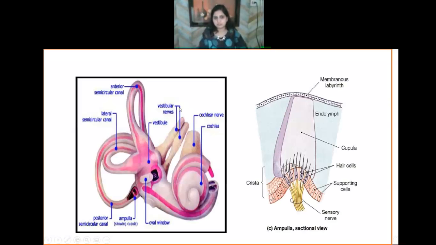This is just to make you aware of the canals. They are arranged at angles together to measure all the angular head movements. The utricle and saccule have a relation with gravity because of the otoconia, and it makes our brain aware of our position relative to the earth. And this is the ampulla, the dilated portion of the canal, and we are not going into the detail of physiology.